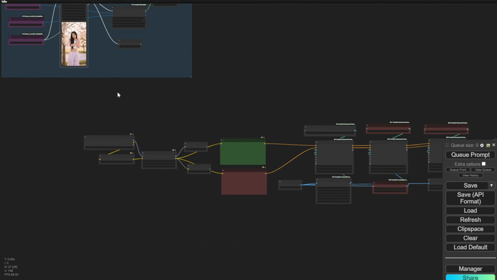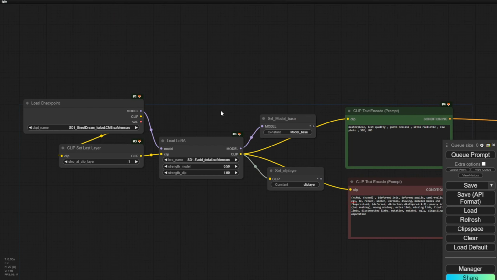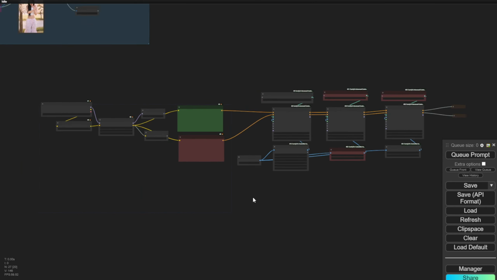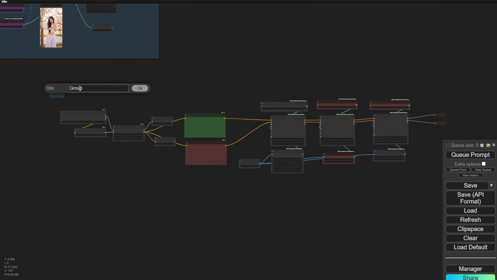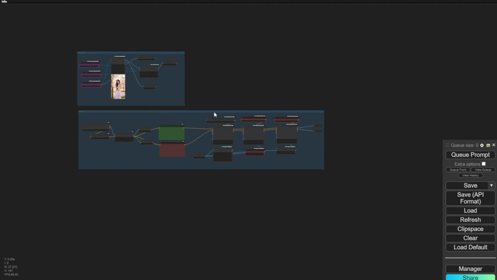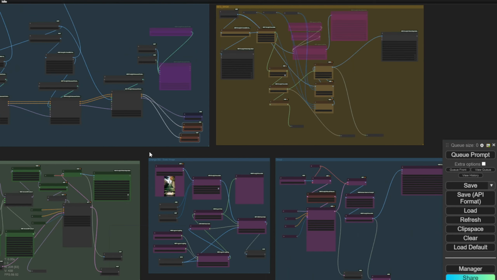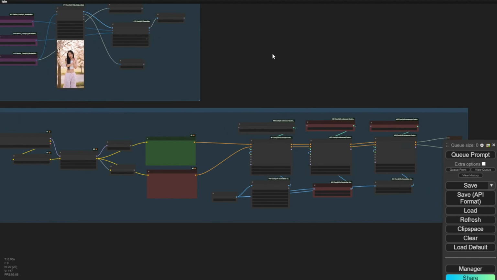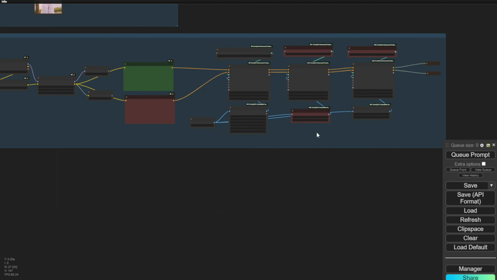And the second thing we've got to do is the loader group, which is loading from the checkpoint models, the LCM checkpoint models, and add some details with LoRAs and doing some template text prompts. And then we're getting the motions, the movement from the source video into the control net and passing that data into our conditions. So this is another one called the loader group. So this is like a long one that I always did by default in here as well. So right now we have the first step, load video, and the second step, loader group. And let's make this control net section one color so we can easily see it.